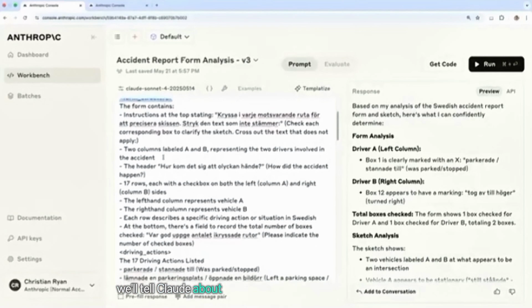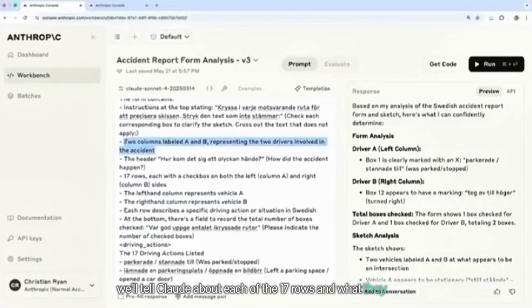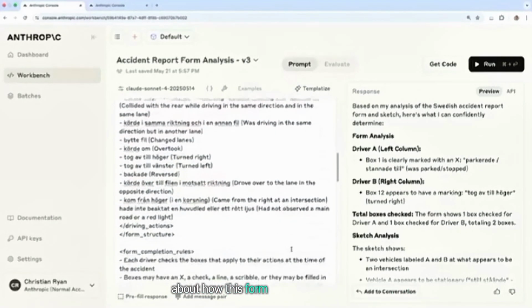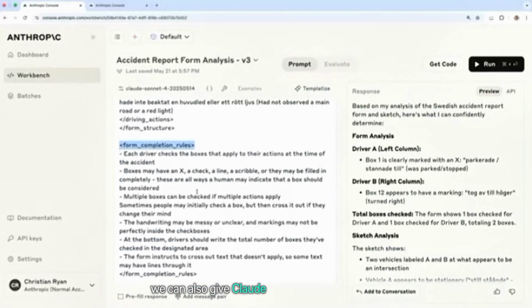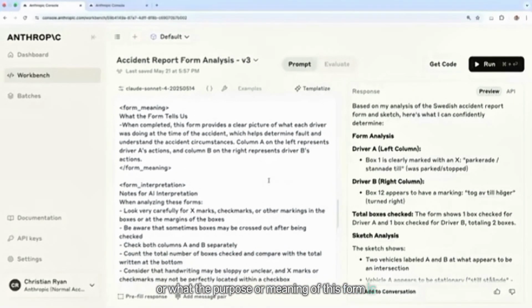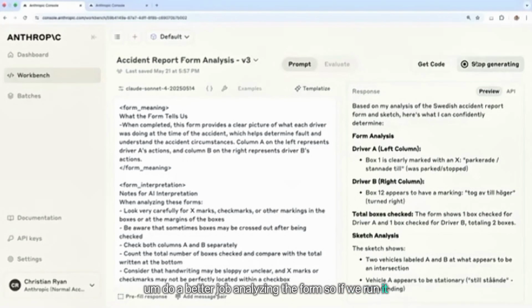We'll tell Claude about each of the 17 rows and what they mean. And we're also going to give Claude a little bit of information about how this form should be filled out. We can also give Claude a little bit of information about how to interpret this, or what the purpose or meaning of this form is. And all of this is context that is hopefully really going to help Claude do a better job analyzing the form. So if we run it,